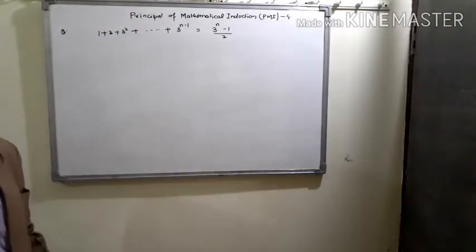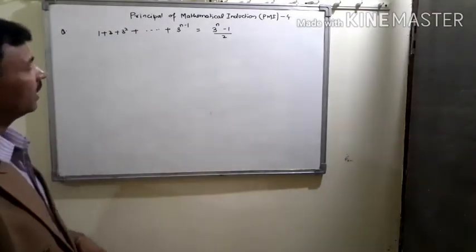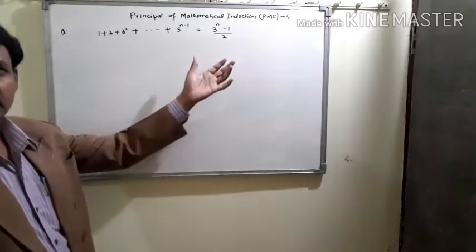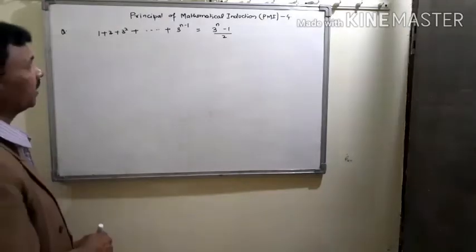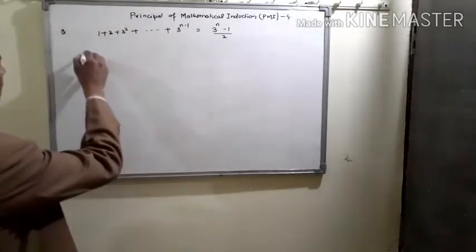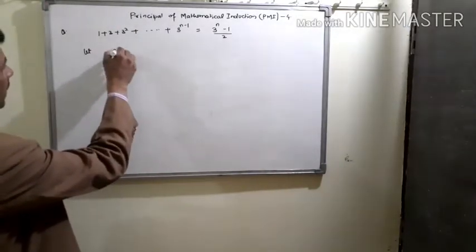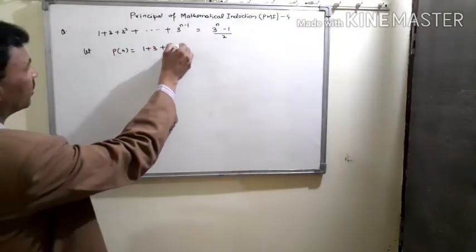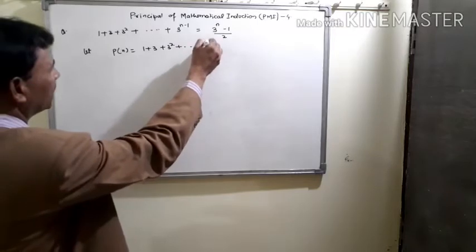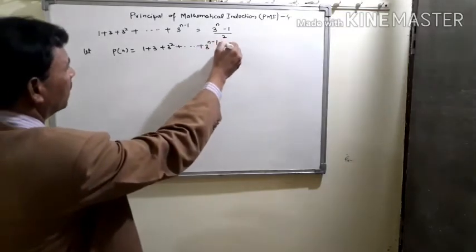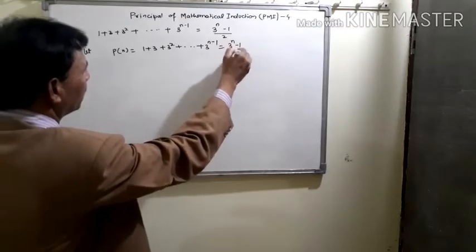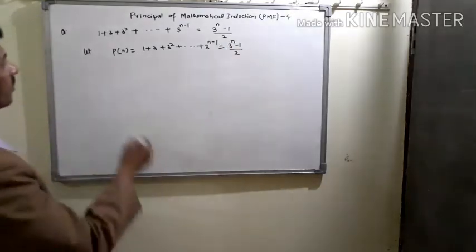Now, how do we solve it by PMI, and how do we prove left equals right with the help of the principle of mathematical induction? Let P(n) = 1 + 3 + 3² + ... + 3^(n-1) = (3^n - 1)/2. Now,